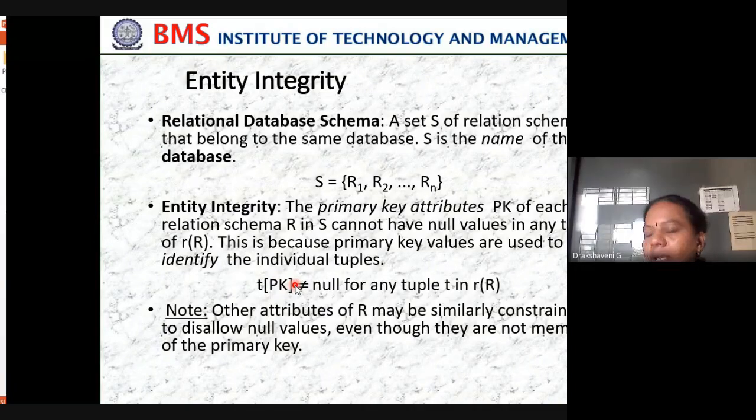Why it should not be null: take your USN. In third semester, we know your USN, and you people also know each one of your USN. So if I say that Ashok is one student in your class, and if I don't write Ashok's USN number, then how will I identify him? It will be difficult. So I cannot leave it empty. That's what is called the integrity constraints. Wherever you have a primary key, you cannot enter null there. That is what is called entity integrity.